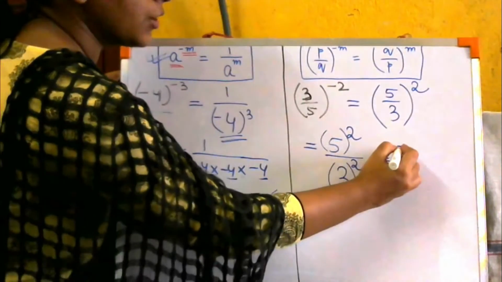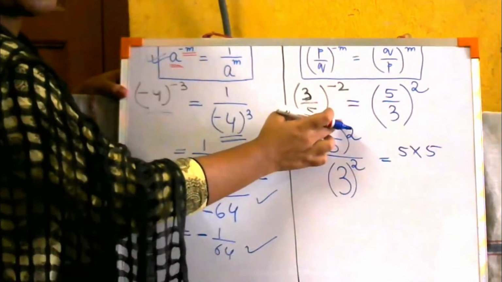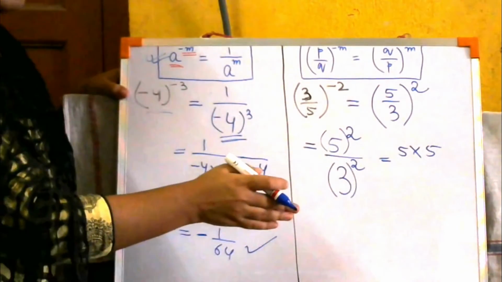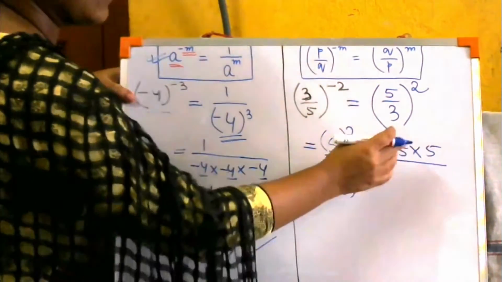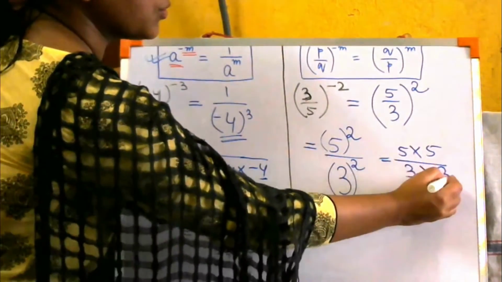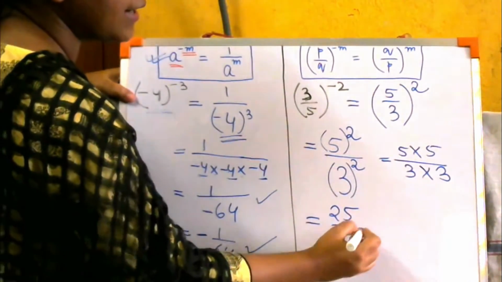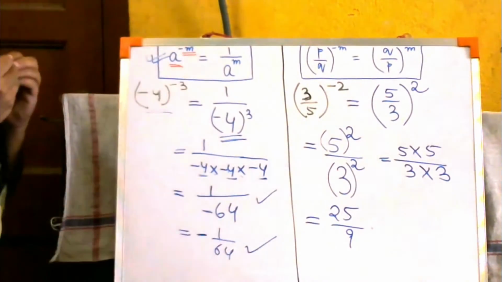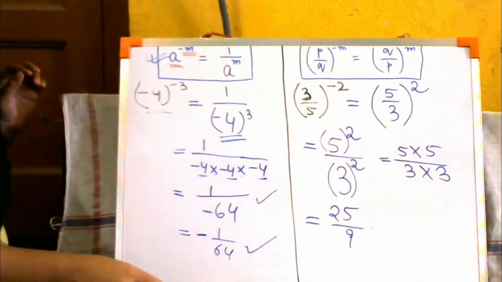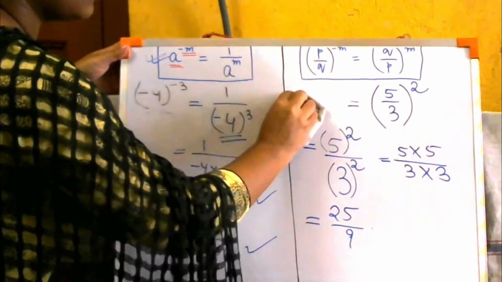Now 5 to the power 2 मतलब 5 into 5. Just now I explained. To the power जितना नंबर रहेगा मतलब ये नंबर उतने बार है, इसीलिए. ठीक है? So 5 into 5. This 3 into to the power 2 मतलब 3 into 3. So 5 5s are 25, 3 3s are 9. This is your answer. I hope you people are understanding what I am trying to say. If not, then I don't know. You people are such foolish then.